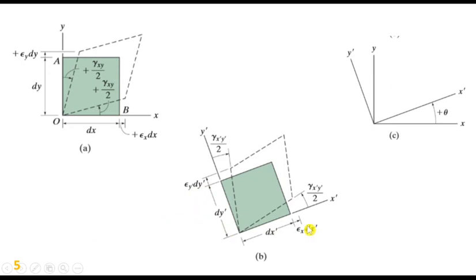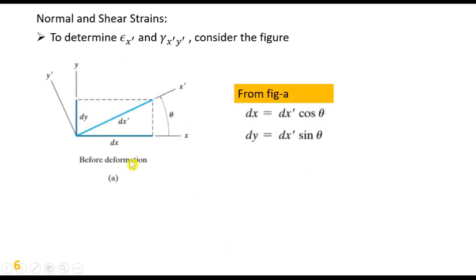These are unknown, and we will find out these epsilon x prime, epsilon y prime, and gamma x prime y prime. So these were known, but after rotation theta, these are unknown, and we will find the relation of these parameters with the known ones. Normal and shear strain. To determine epsilon x prime, the normal strain along the x prime axis, and shear strain gamma x prime y prime,